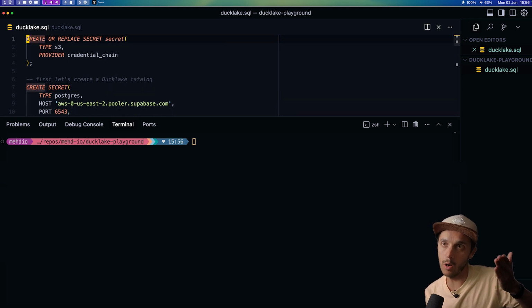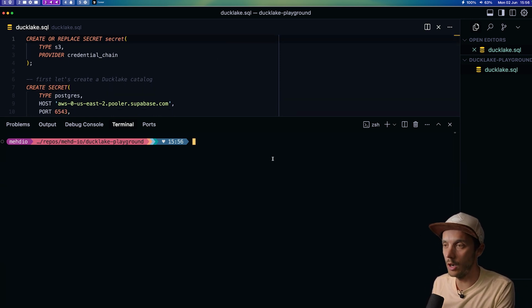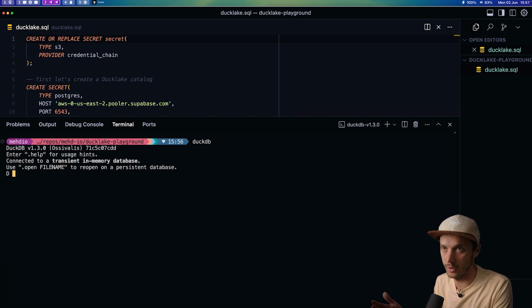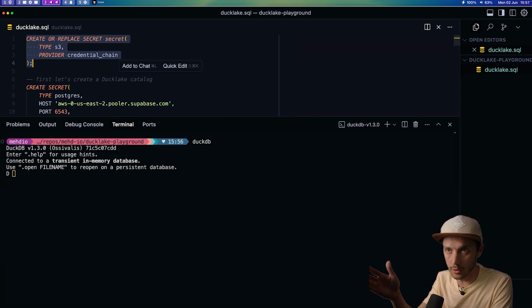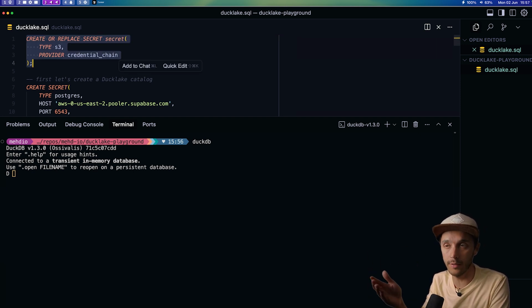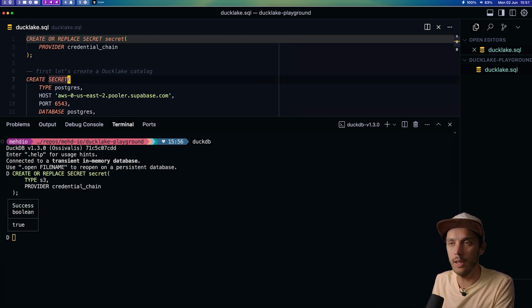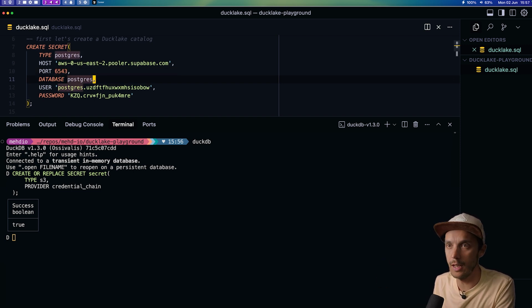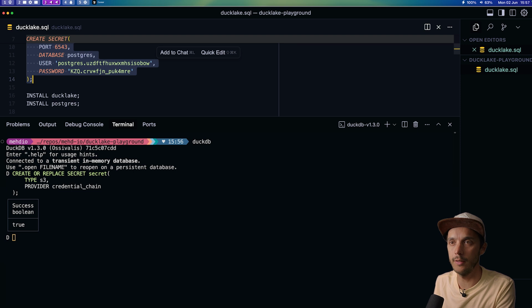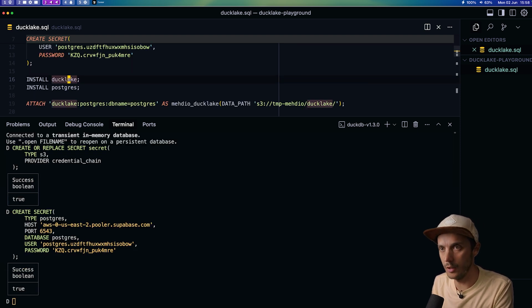Now that it's done, I have a couple of SQL operations. So I'm gonna launch the local DuckDB client using the CLI. And here I basically have a SQL file and I'm sending those SQL operations to the terminal using a specific shortcut. First thing I'm gonna do is create a secret based on the credential chain of AWS S3 I just refreshed. And then I'm gonna create a Postgres secret based on the parameters and password I just created in Supabase. Default database name is postgres, so I'm just gonna create these secrets, and now I can install DuckLake and